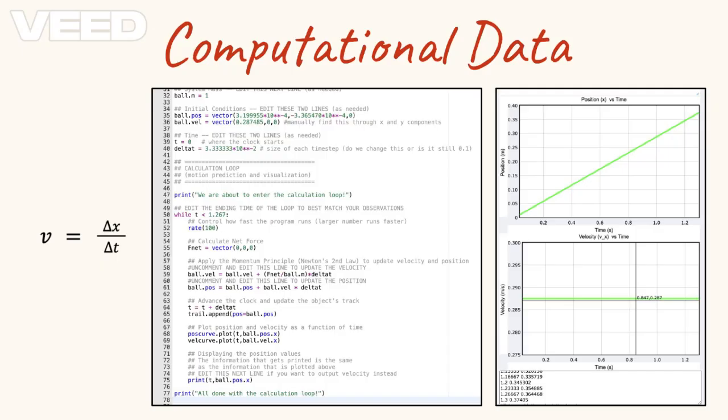This is our computational data. The middle is a picture of our code. On the right is the actual output, and on the left is an equation that I use for our code. In my code, the initial position and the initial velocity are from Tracker. The initial position is just when time is 0, and for the velocity, I took the first two outputs from